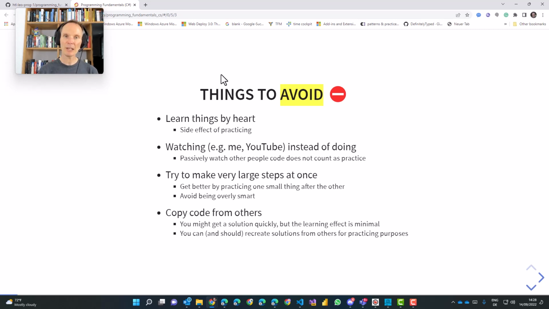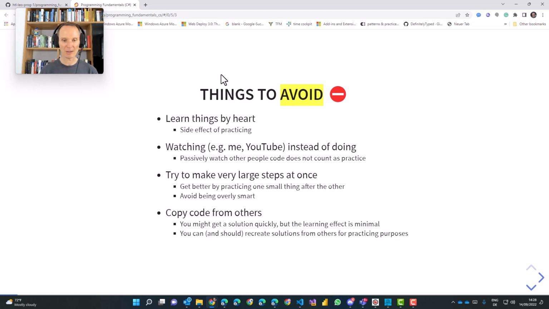And last but not least, please do not just copy code from others. Sometimes you get homework, and of course you can fire up your favorite search engine, type in some search criteria, and probably for many of the homeworks you will find solutions online. You could just copy them, and then you might think you outsmarted me because you didn't have to do the work. But you outsmarted yourself, because at the end of the day, what did I say?